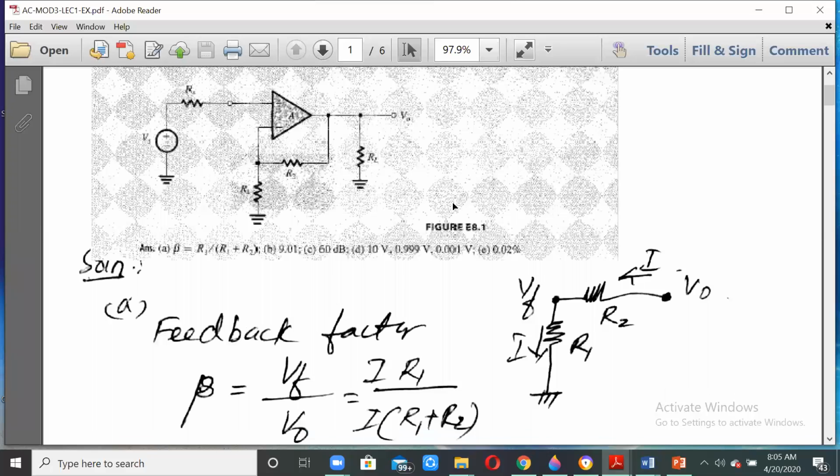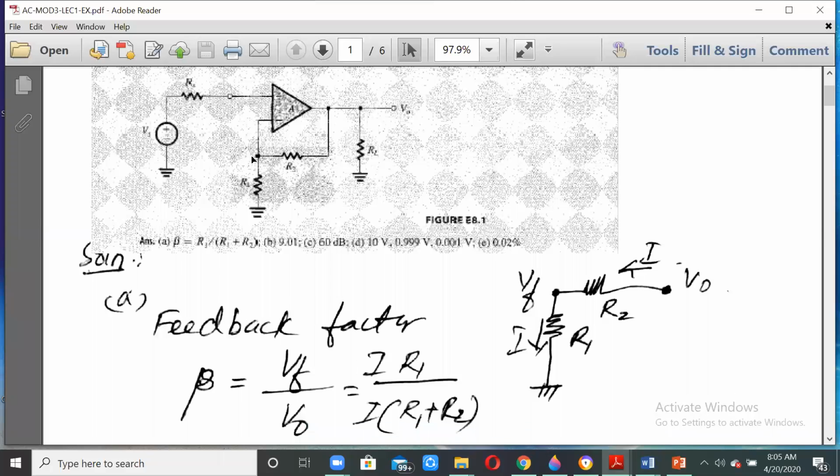So for the feedback factor, the feedback network is this over here. We have V0, the same thing is written here. This is the place where it is Vf, right? So beta is nothing but Vf by V0. Vf by V0 is beta, and that value is